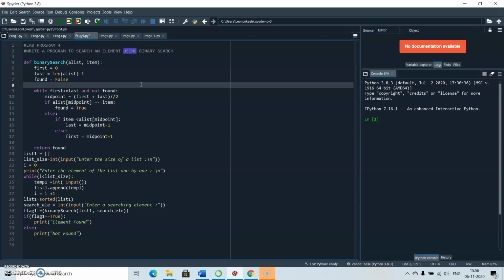Then I divide it by 2 and go for the middle element. If the middle element itself is the key, then I say that the element is found. Otherwise I go to the left half or the right half. Let us assume the key is less than the center element, then I'll go to the left half. Then I again divide the list into half and check whether the middle element of that left half is the element I'm trying to find. If it is the same, I say it is found. Otherwise I go on disintegrating the list again, half by half.